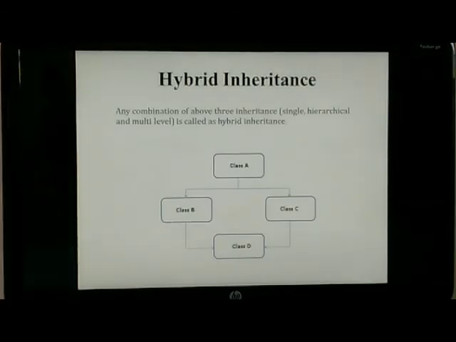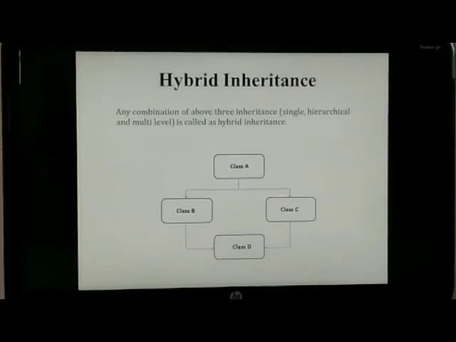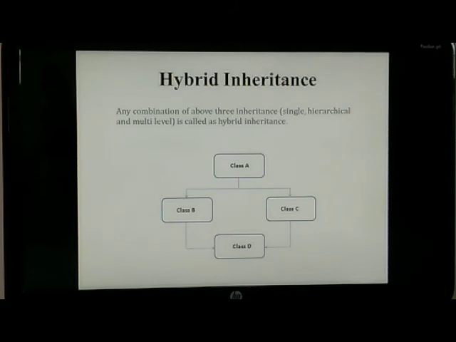Now let us see hybrid inheritance. Any combination of the above three inheritances, that is single, hierarchical and multilevel, is called hybrid inheritance. So here we can combine any of those inheritances and we can use hybrid inheritance.